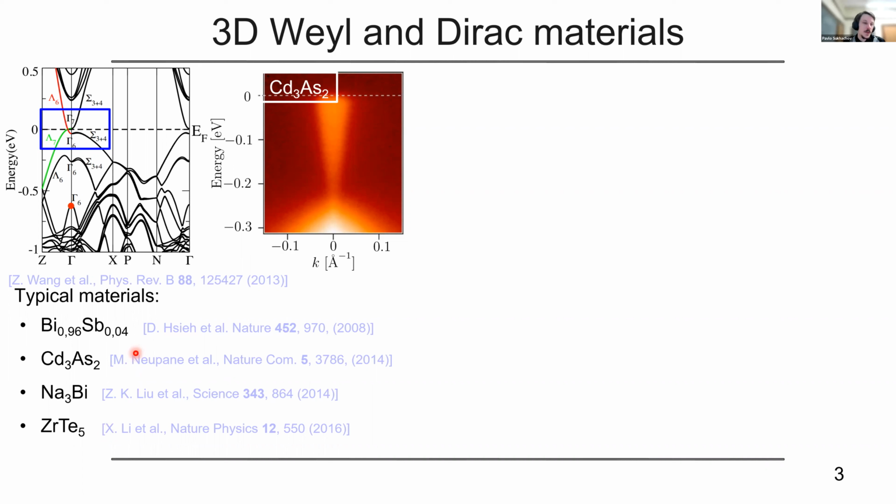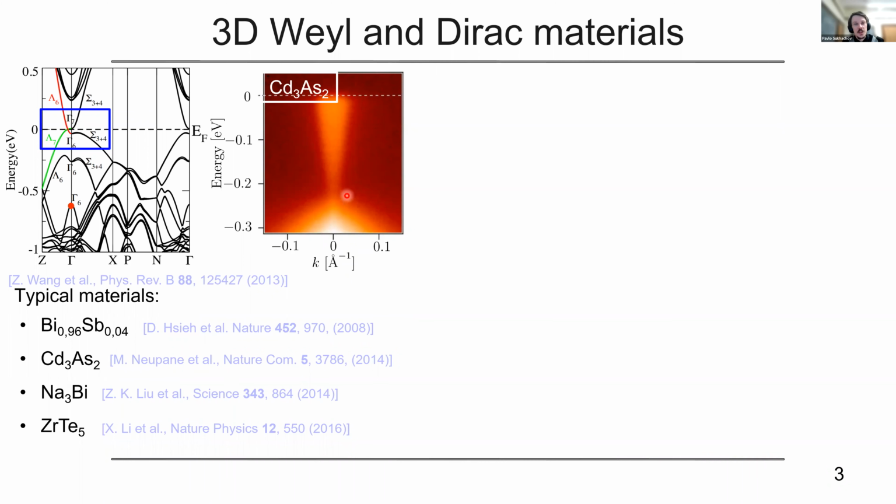There is another material, a bismuth antimony alloy, which can also show a three-dimensional Dirac spectrum, but it requires fine-tuning of its composition. As you can see from this experimental data, made using ARPES, which is angle-resolved photoemission spectroscopy,